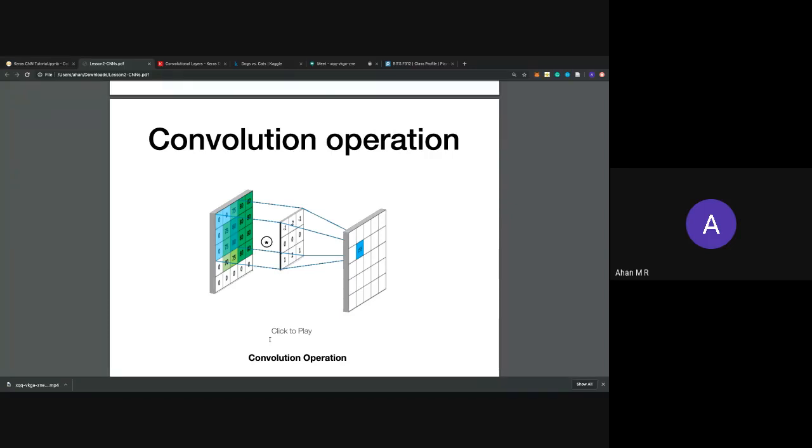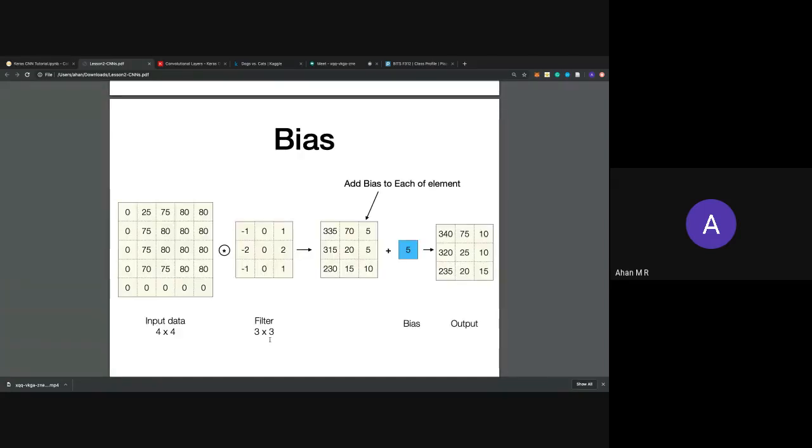You started off with a 5 cross 5 image, and you end up with approximately a 3 cross 3 image after convolution. I'll explain the math behind why it happened and how you derive it. In case you do have a bias, you just add it at the end to every pixel value here to get the final output.